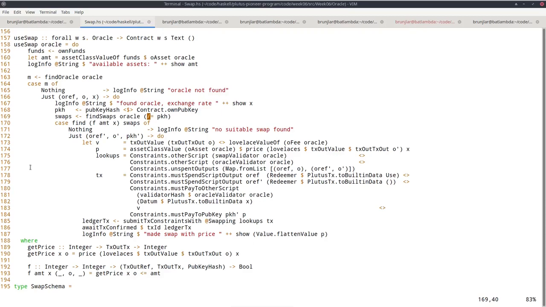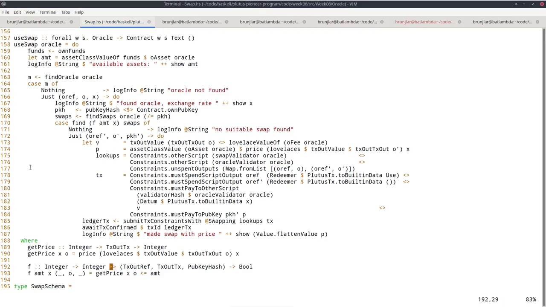Now we use a helper function, find. That's in the Haskell prelude, in Data.List. So given a predicate on elements of a list, it maybe finds us one that satisfies this predicate. And this is defined here.